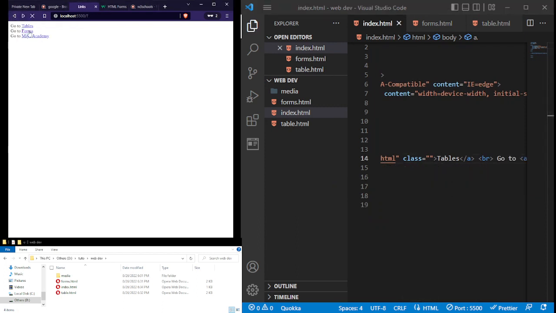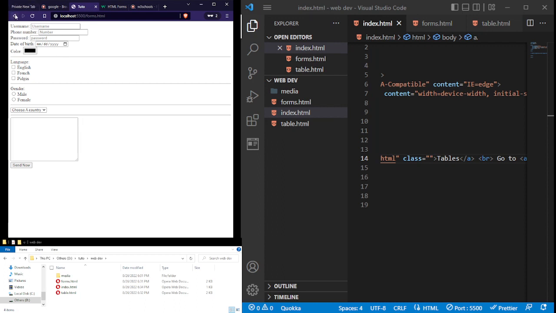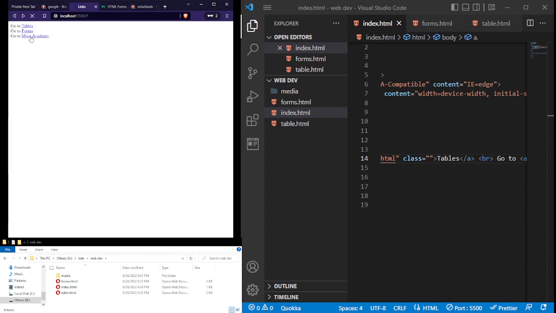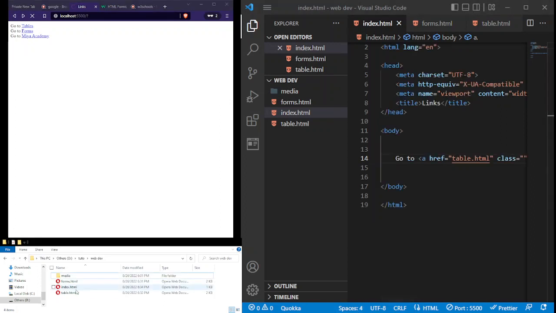If I click on forms, I go to forms. If I click on Mia Academy, it takes us to Mia Academy. Remember, this time around, Mia Academy is not found in this folder. It's an absolute link. Great. So now, what we should have in mind is